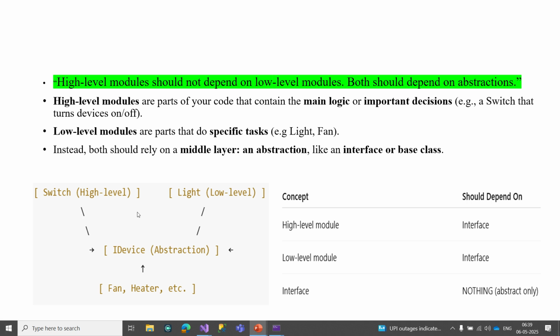The next is the low level modules that I have already discussed. They should also depend upon the interfaces, and they are the ones which have all the implementation details, like the ones that I discussed, light and fan, and fan and heater, these are some other low level designs. So the concept is the high level module should depend on the interface. The high level module in our case, which was switch,